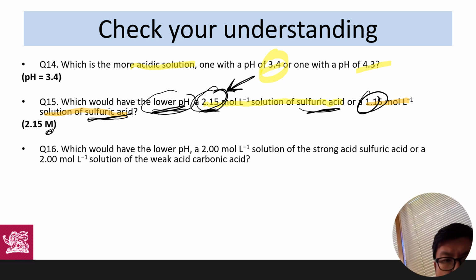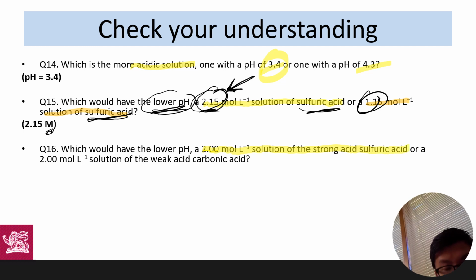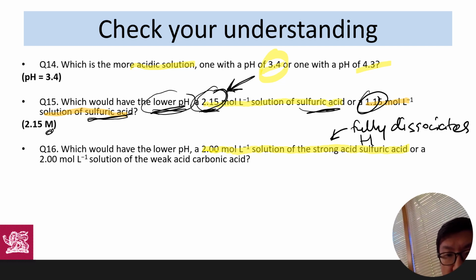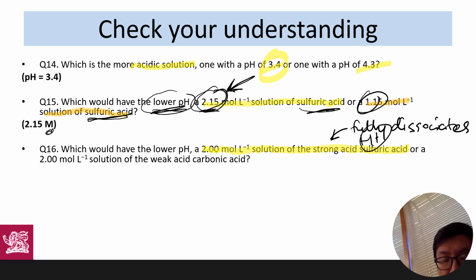Okay. Question 16 here. Which would have the lower pH? We've got a 2 moles per liter solution of a strong acid, sulfuric acid. Strong meaning what? Strong meaning that it fully dissociates, or fully gives away or donates all of its protons, all of its hydrogen ions,